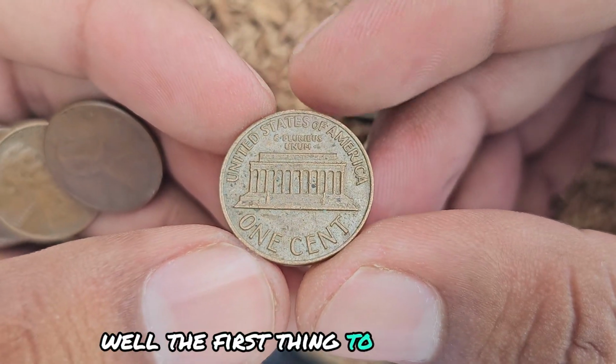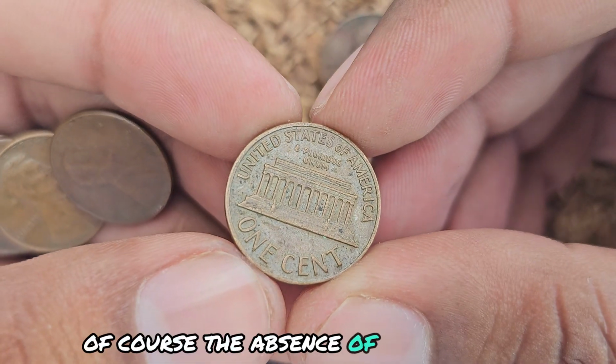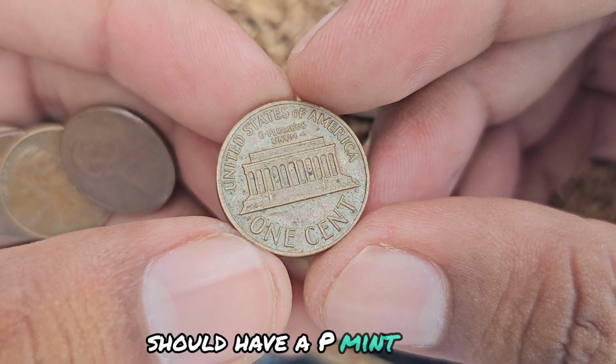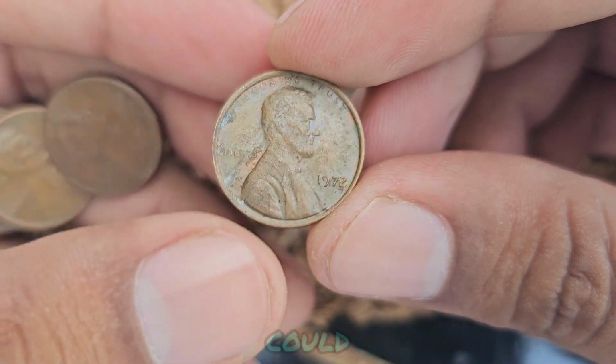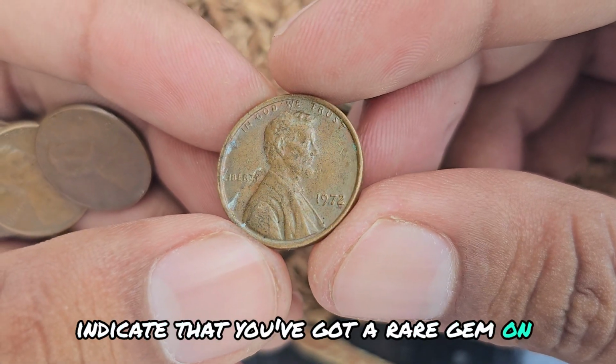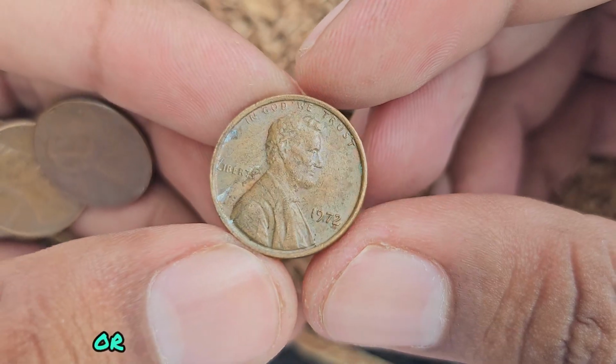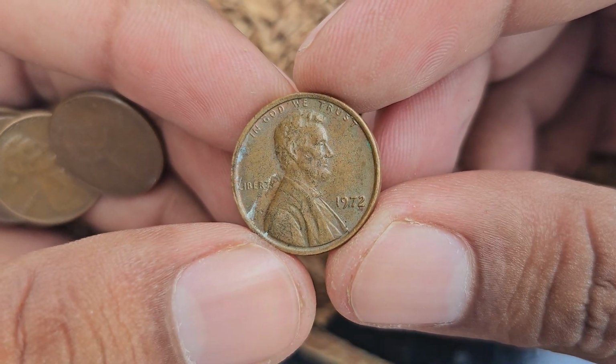Well, the first thing to look for is, of course, the absence of a mint mark. Most pennies minted in Philadelphia that year should have a P mint mark, but the absence of one could indicate that you've got a rare gem on your hands. Additionally, be on the lookout for any noticeable errors or abnormalities in the coin's design, as these can add to